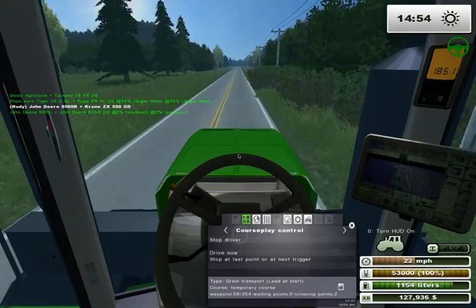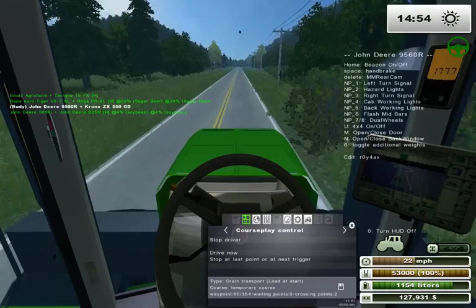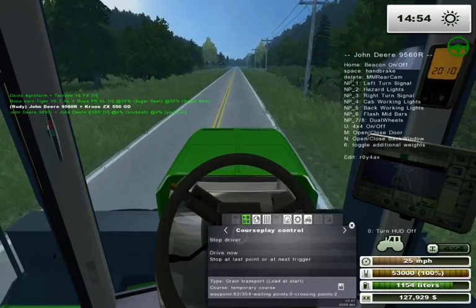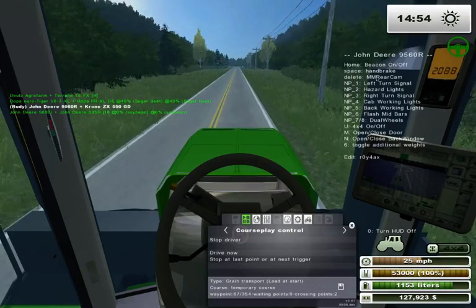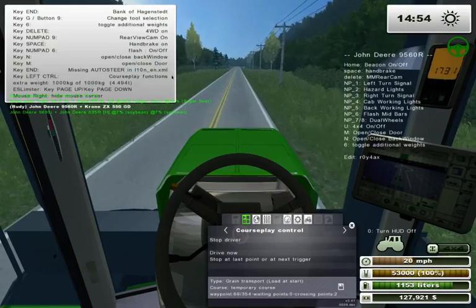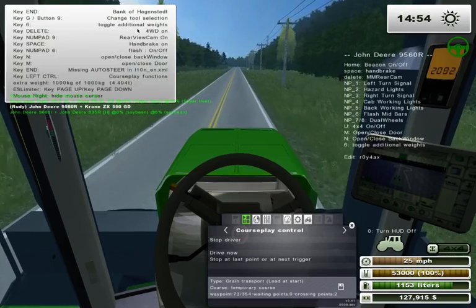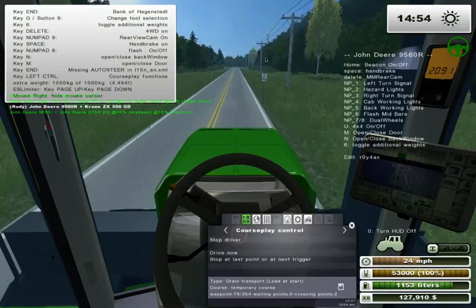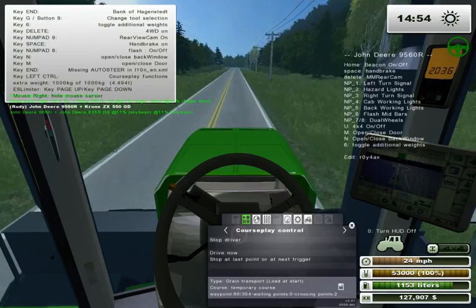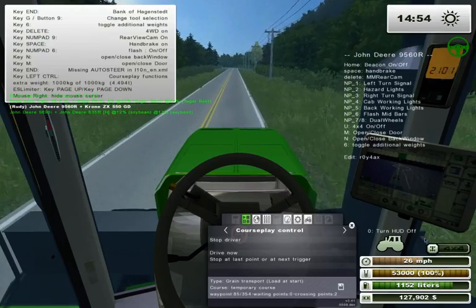Okay, so now there's a conflict, you see. Let me open this back up again. Right up here, it says delete the rear camera to turn the rear camera on. But if you go to this menu, delete is to turn the four-wheel drive on and off. So they're competing. And so when I hit this rear camera, it turned the four-wheel drive off, which really made